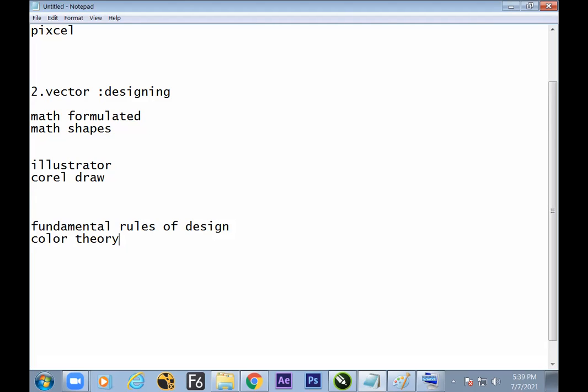This was a problem for me at my initial stage, and it is not in the syllabus of software teaching courses. We learn all the tools, and when the client asks us to make a design, we struggle. I do not wish you to face that problem; that is the angle I am speaking from. If you are from a designing background, very nice. If not, nothing to worry about. Learn the rules, get the answer. Hope we understand the importance of these two points. What are they? The fundamental rules of designing, and the second one, color theory. They are freely available on the net. Get the information and paste it in your folder.